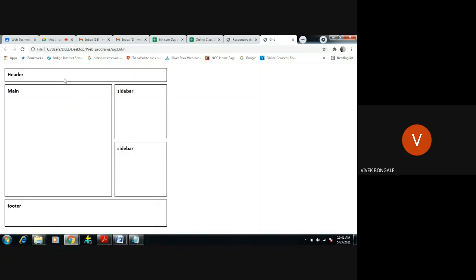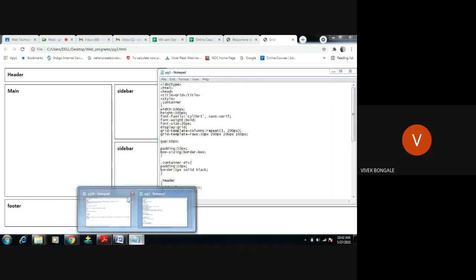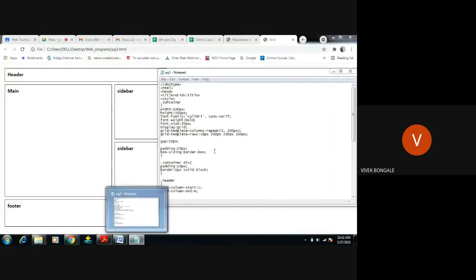layout like header, main function, sidebar, right, footer, correct, with the help of grid function. With the help of grid function, how to do that? Go here, close this part. See,